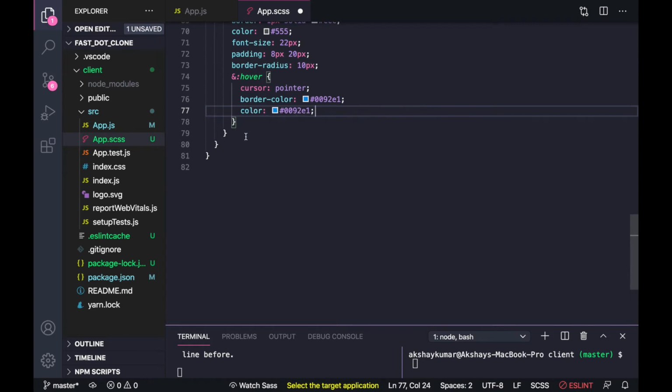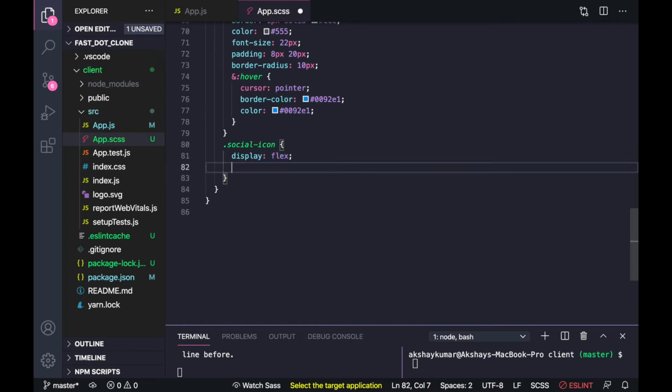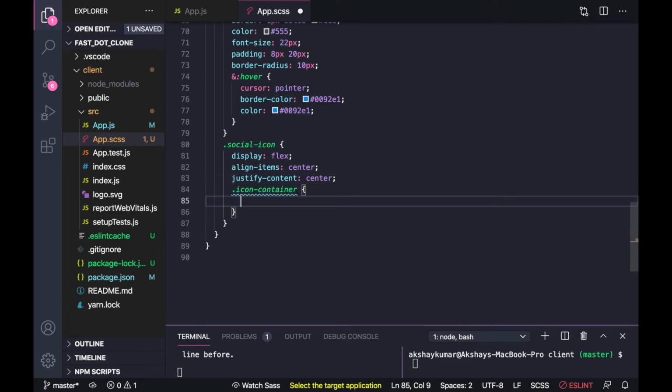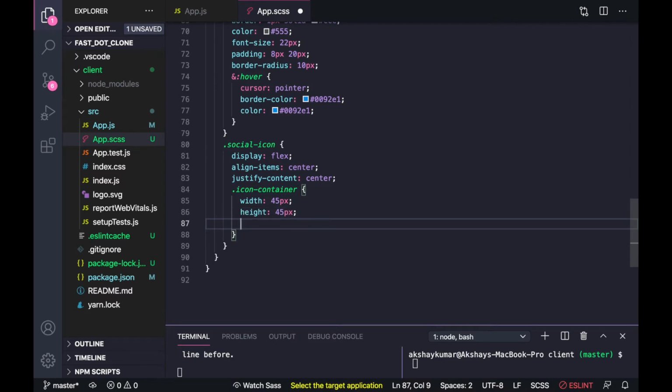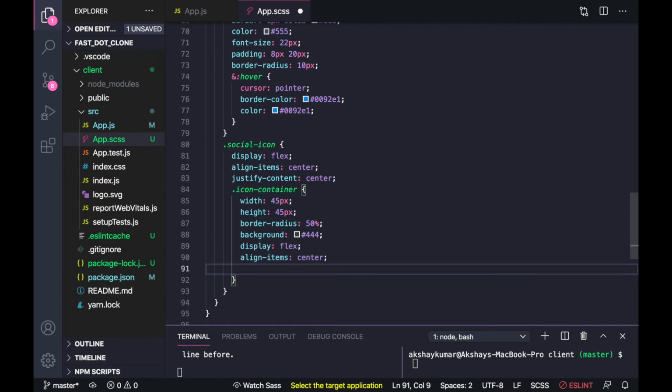Now we will write some style for social icon, display flex, align items center, justify content center. So inside social icon we will write icon container, width 45 px, height 45 px, border radius 50%, background some gray color, display flex, align items center, justify content center, margin 10 px.